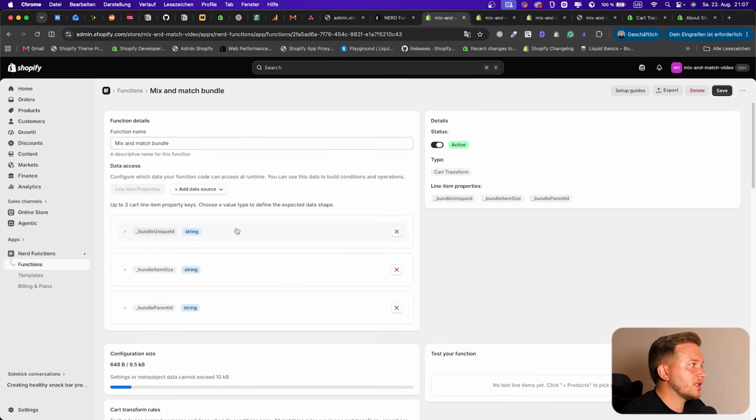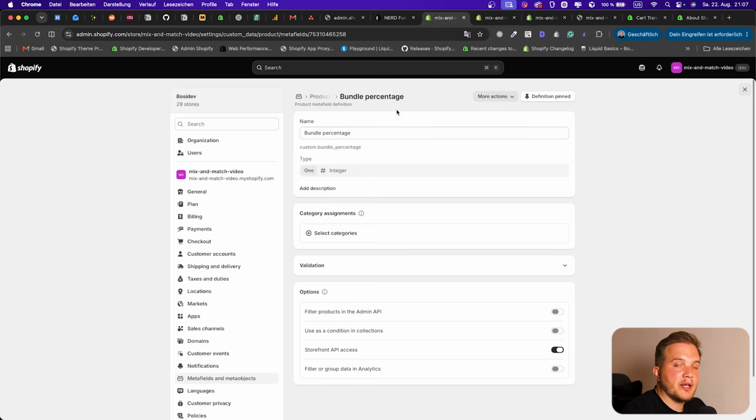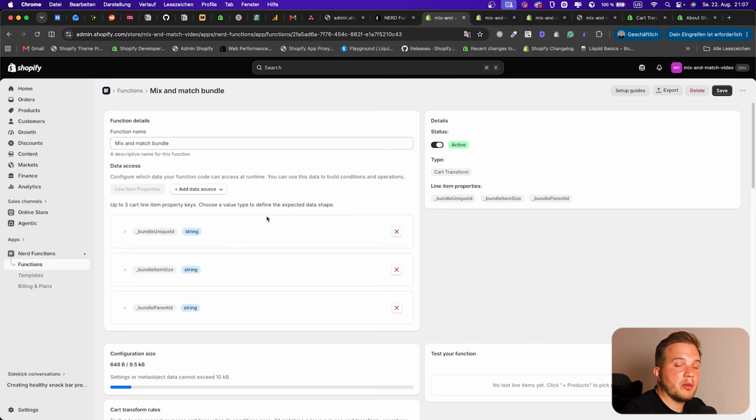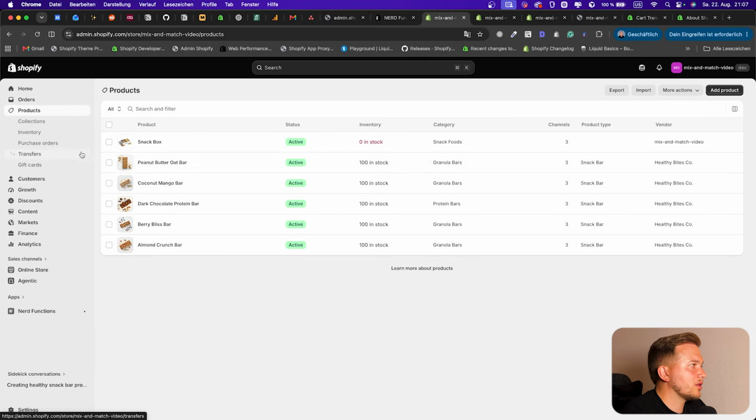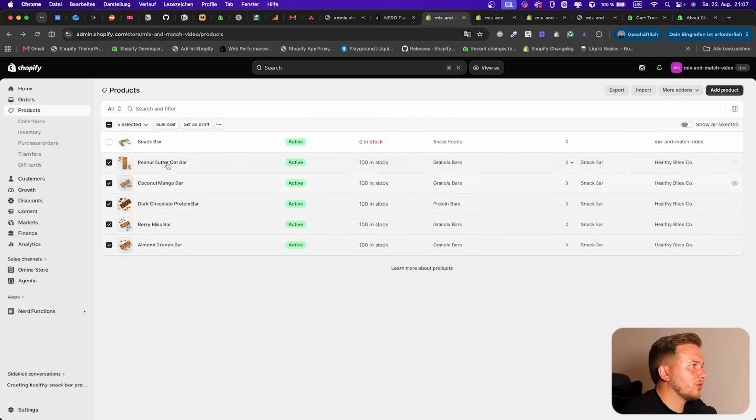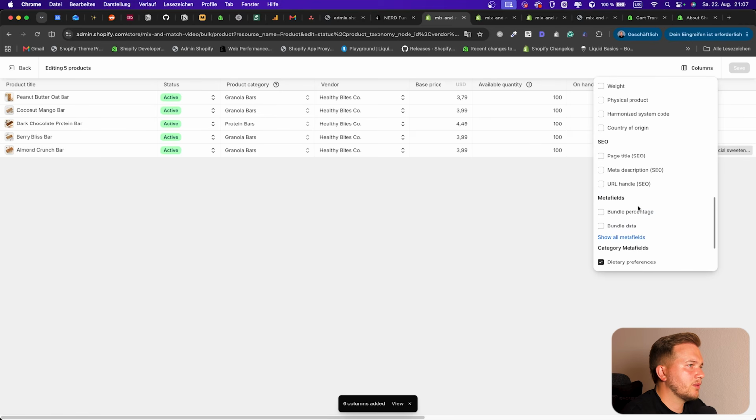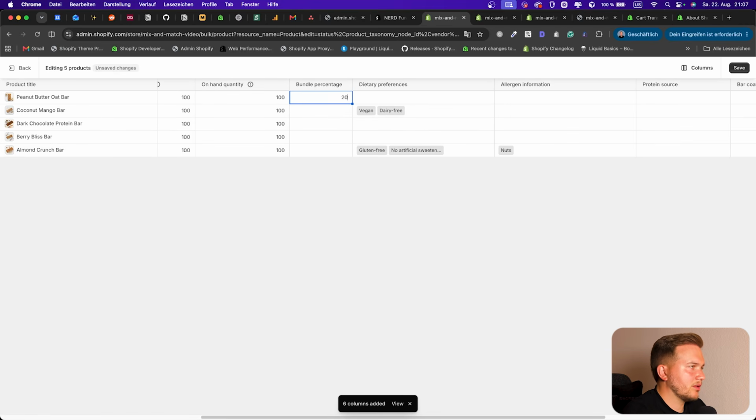So what we could use is other data accesses to actually configure the price adjustment percentage. So I created another product meta field, which is called bundle percentage, which is an integer. The only problem is that with a merge operation, we can only access the meta fields from the children. So we cannot put the percentage into the snack box, but rather have to do this for all the children. So when we go in here, bulk edit, bundle percentage, let's use 20 instead of 10, hit save, and then